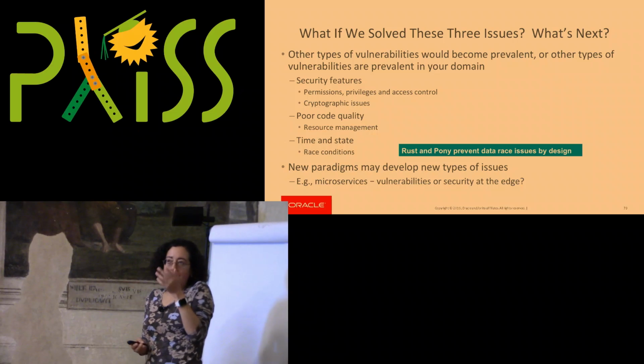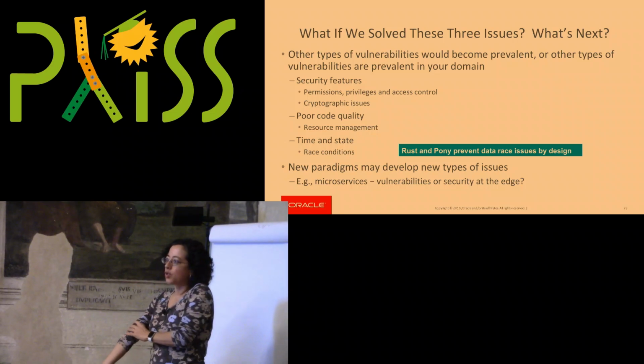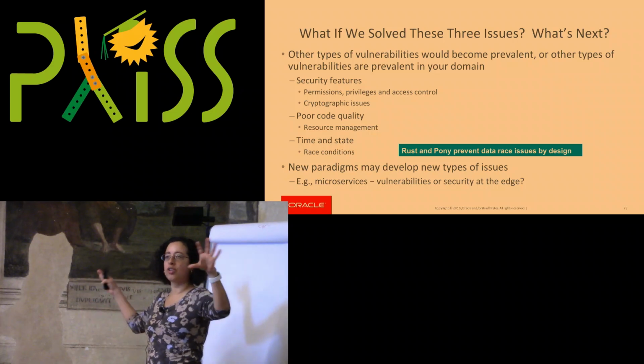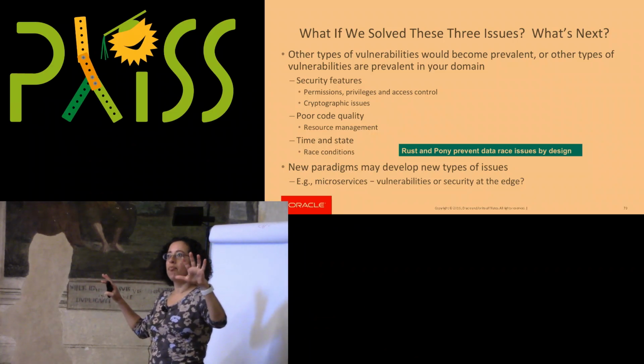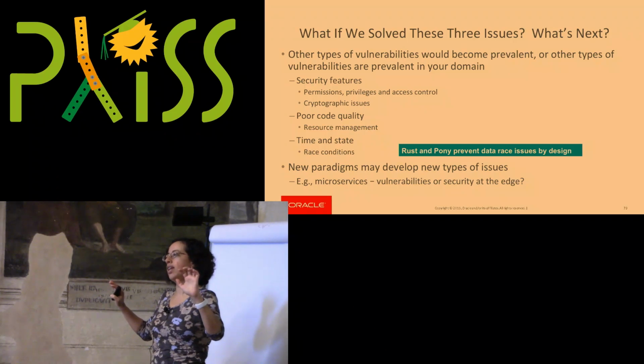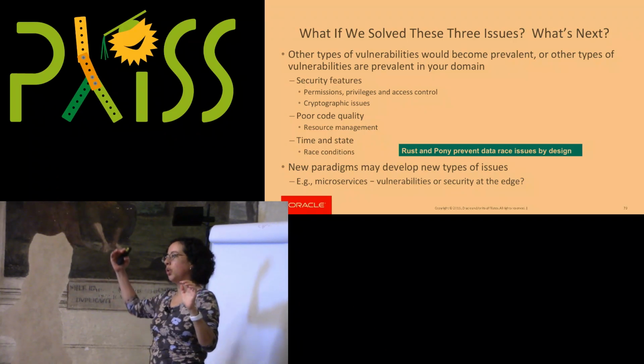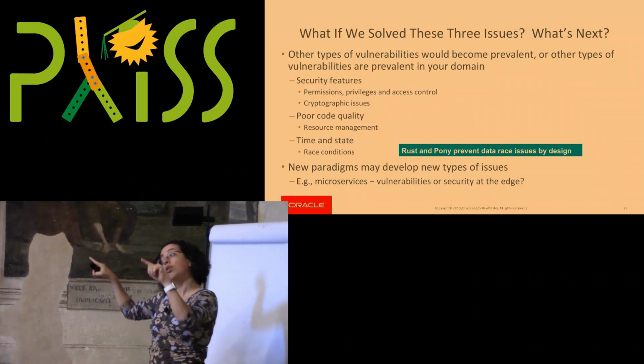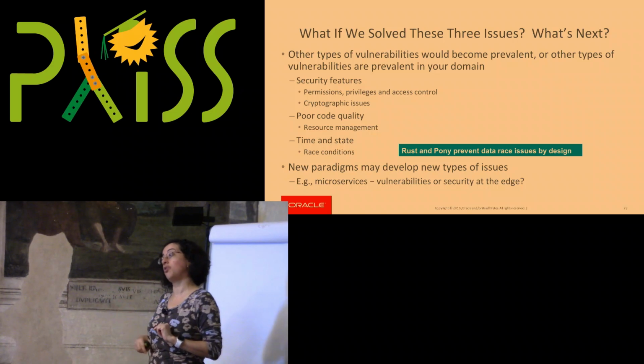Yeah. So that's the same as a second order SQL injection. I could have a second order SQL injection in that case. But in order to be able to check for it, I actually need a system where I can deal with all the code that is involved in that microservice, including all the languages that are being used for that microservice.